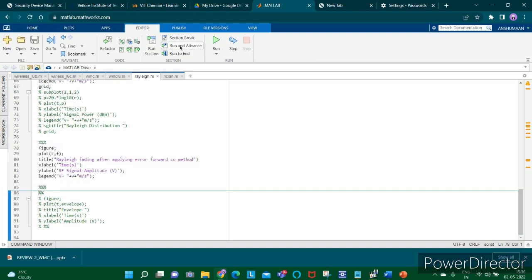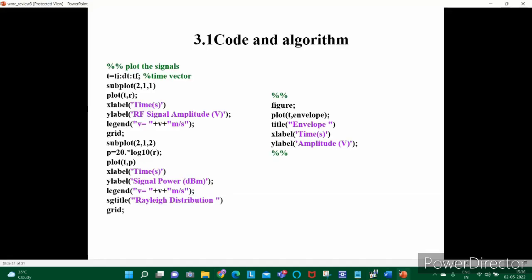So if I just run the code, MATLAB is a little bit slow. So if I show you in the PPT itself,